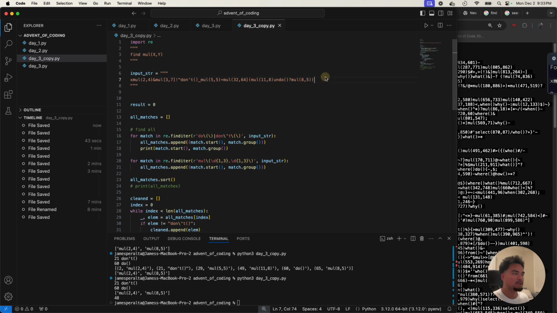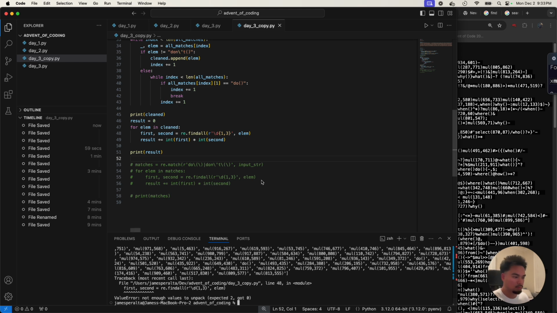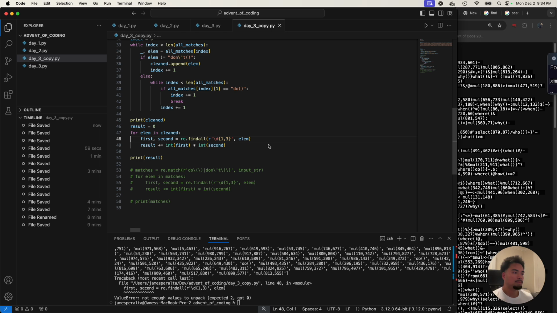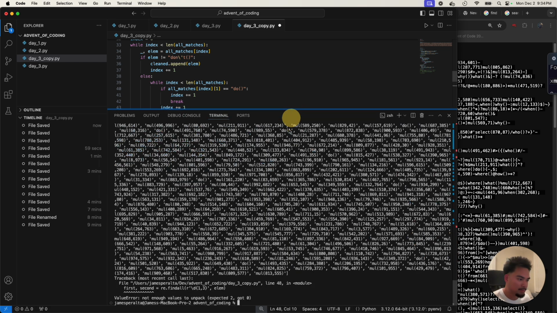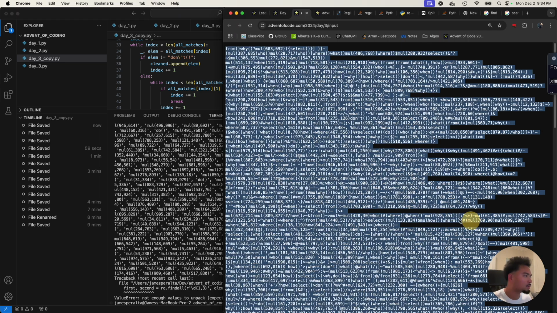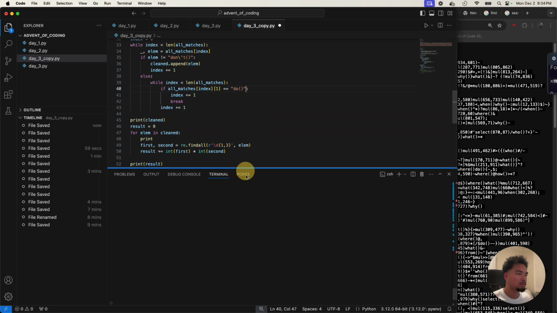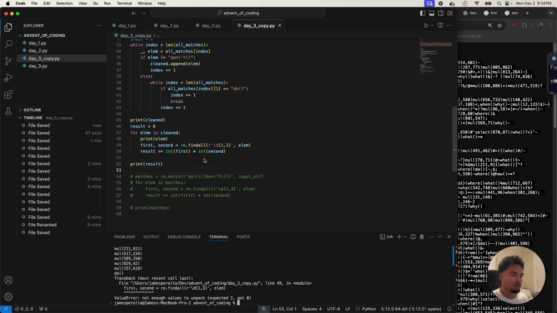Messing up with the indexes. What's happening here? How do I get in there? If